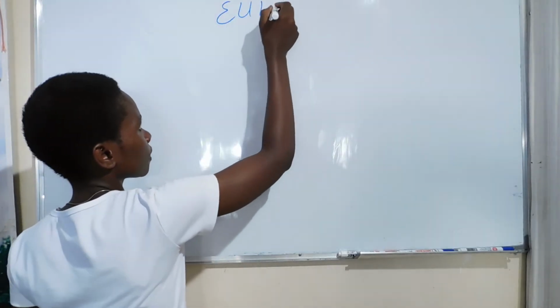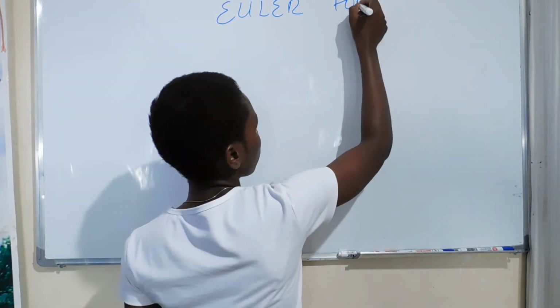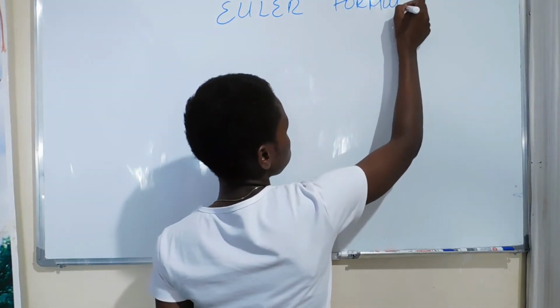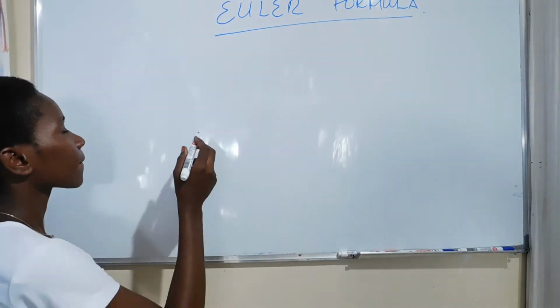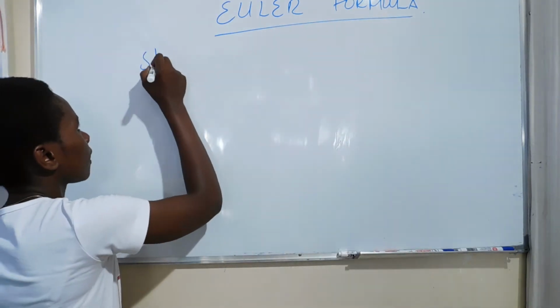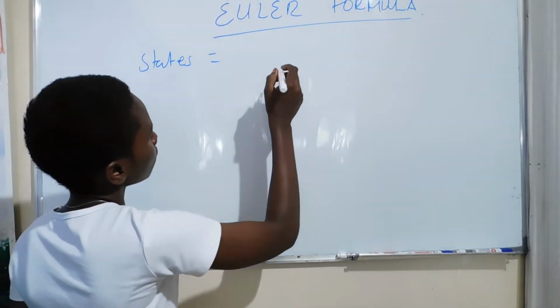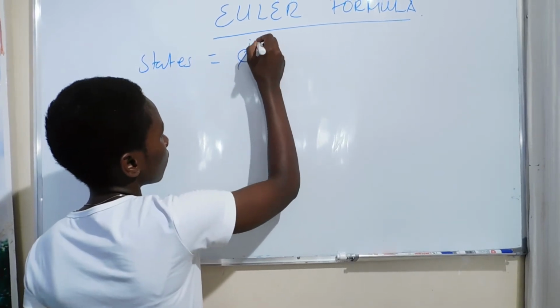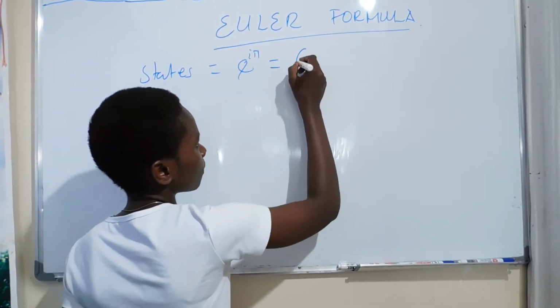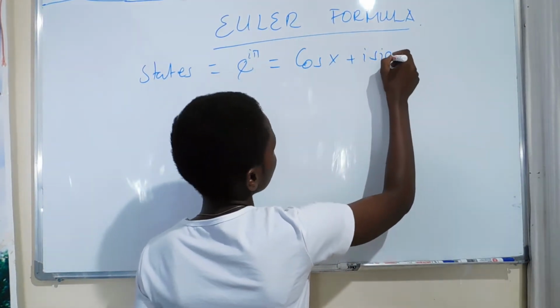Tunaenda kwenye the last which is called Euler formula. Euler formula states this way kwamba if I have my this one, hiki kitu ni sawa na mtu atakayeandika cos ya x plus I sin ya x,